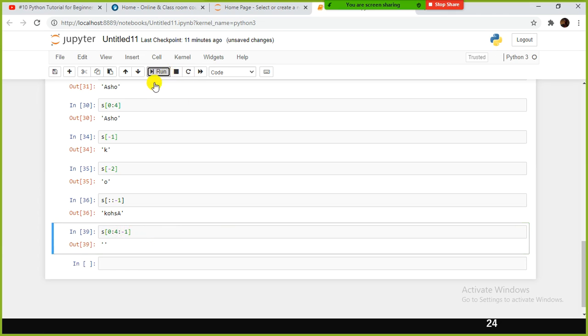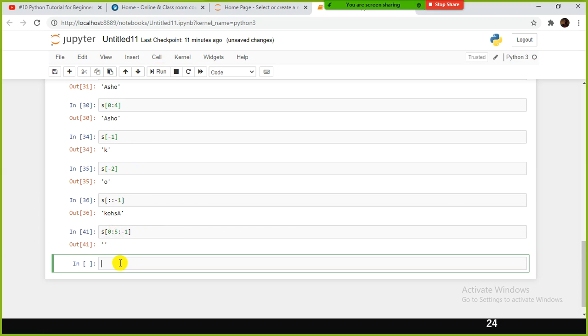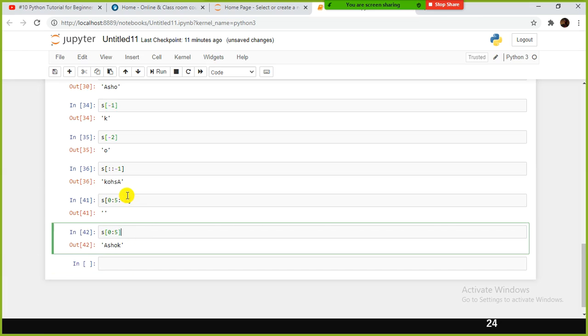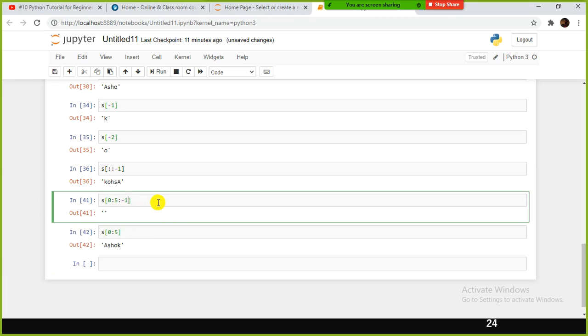Can someone tell me? Start from the 0th position till the third, ASHO will come, right? Or let me use 5 here. Ashok will come. For example, if I give 0:5, it will give the entire string Ashok. If I give 0 to 5, -1, what will happen?